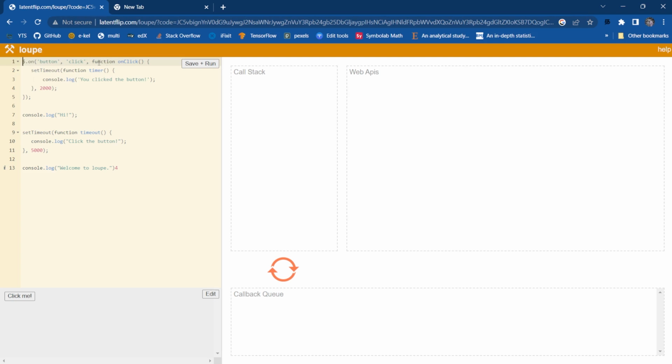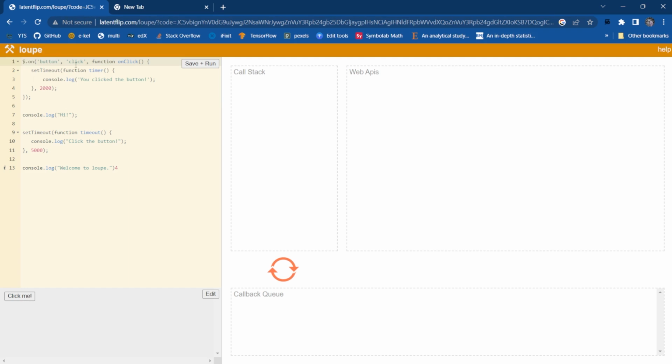So this attaches an event listener to the button element. This method is part of the jQuery library and it's not a built-in JavaScript method, so that will wait in the HTML thing. We can get that from the jQuery library. The console log method is called to log the string